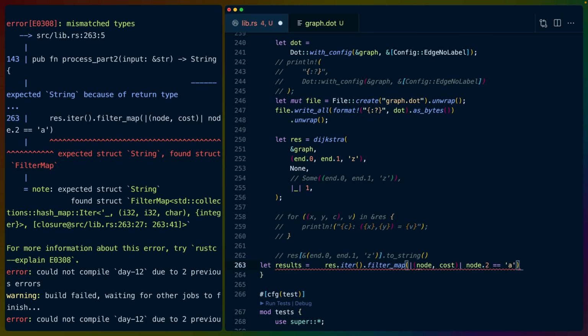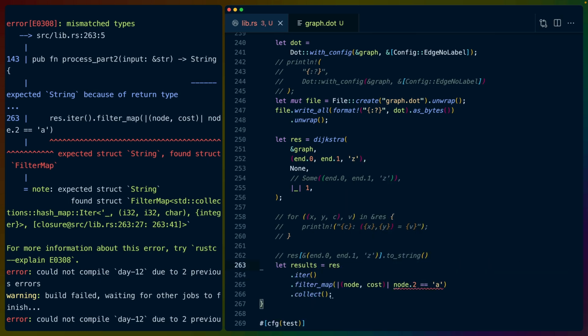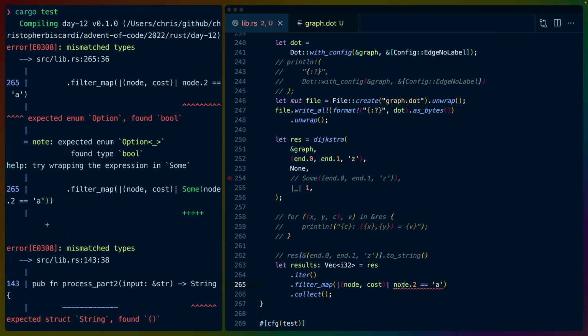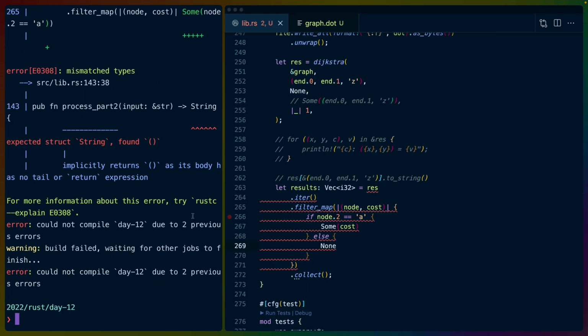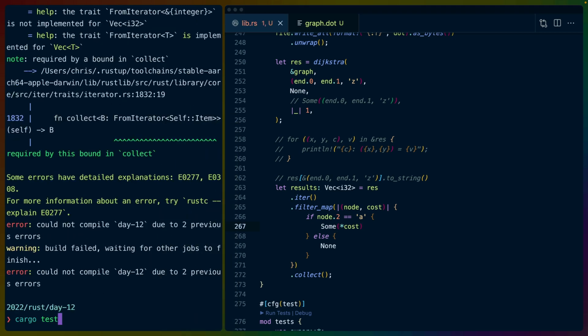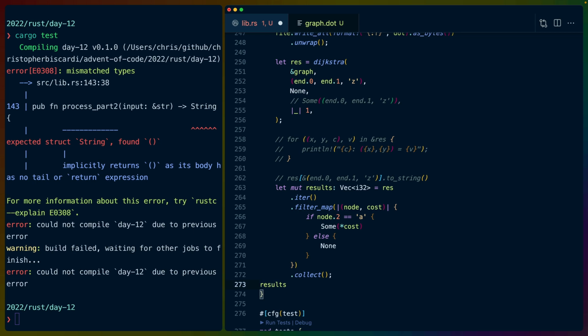So iter.whatever, we'll call this results. We'll collect it just for keeping things nice and easy. This is going to be a references issue of some kind. Expected string found unit. Yeah, it's fine. Oh, right. This needs to turn into match, or rather if node 2 equals a, some cost, else none. And then of course, that's all wrong. Value of I32 cannot be built from a reference to integer. So this needs to be an actual value. That's fine. Well, it doesn't need to be the actual value, but I'm going to make it mut results, results.sort,